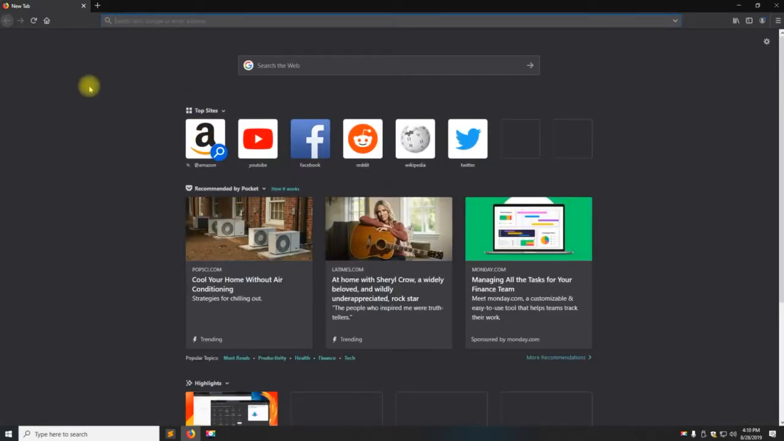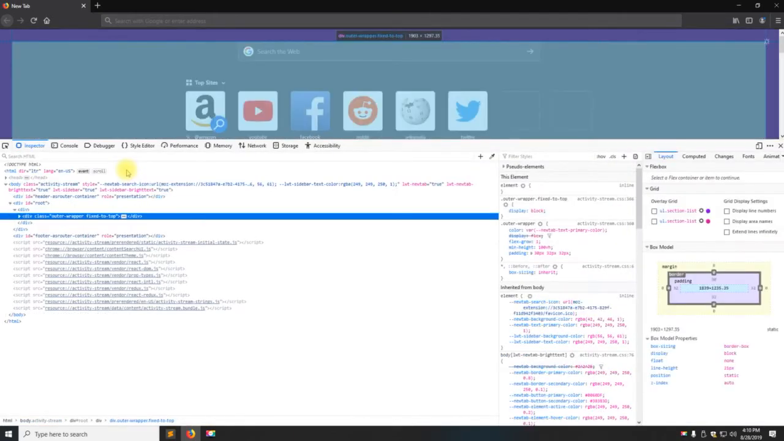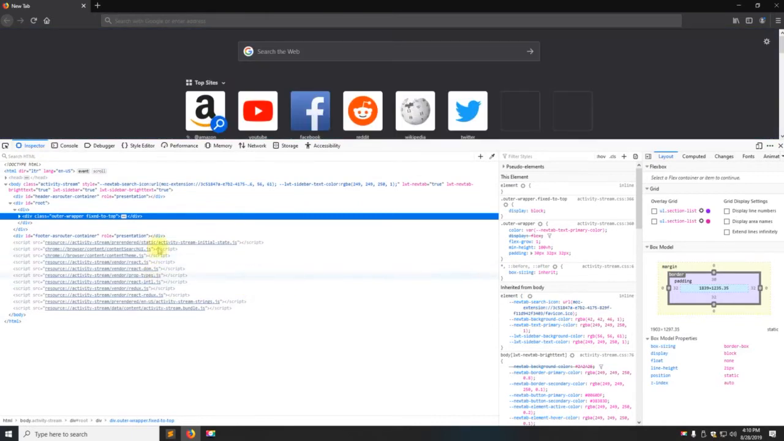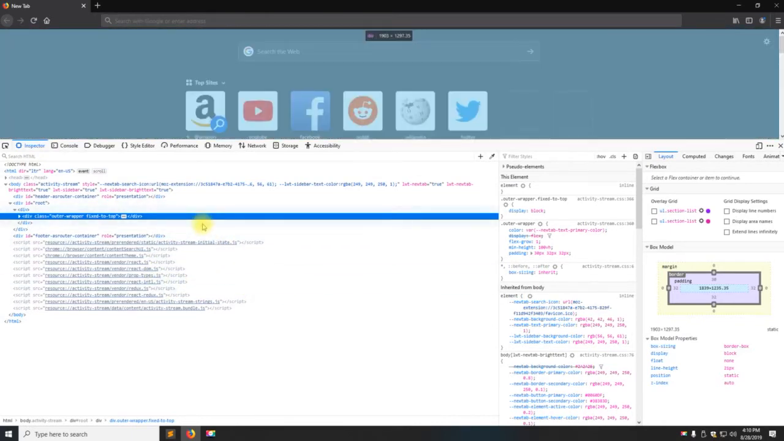And really the only thing I want to talk about in Firefox, as far as features are concerned, is if you right-click and click on Inspect Element, this is the tool that we're going to be using a lot in the web browser. So this is one of the primary reasons that I had you download Firefox. Firefox will optimize your code and make it really easy